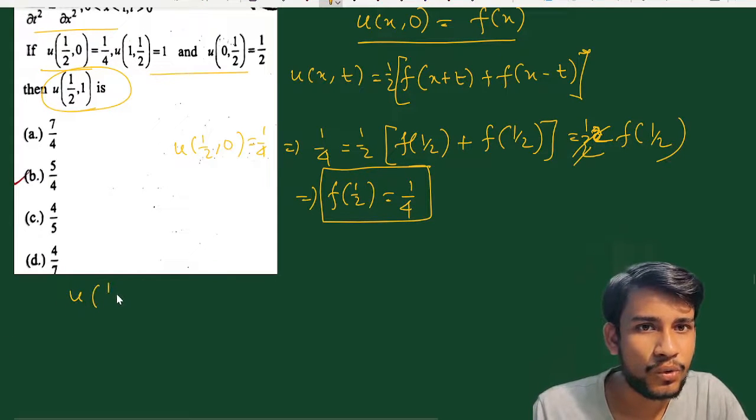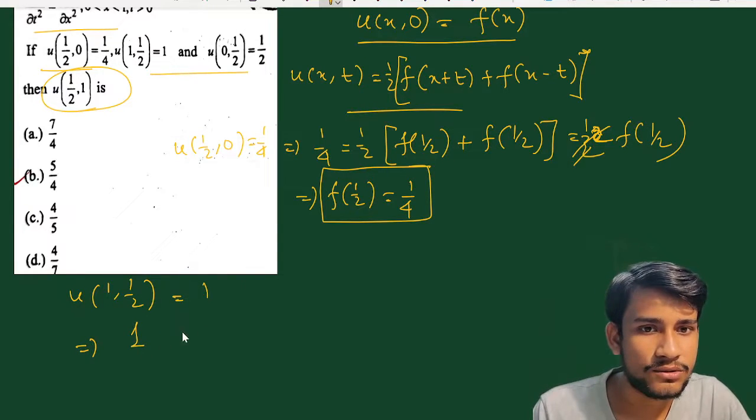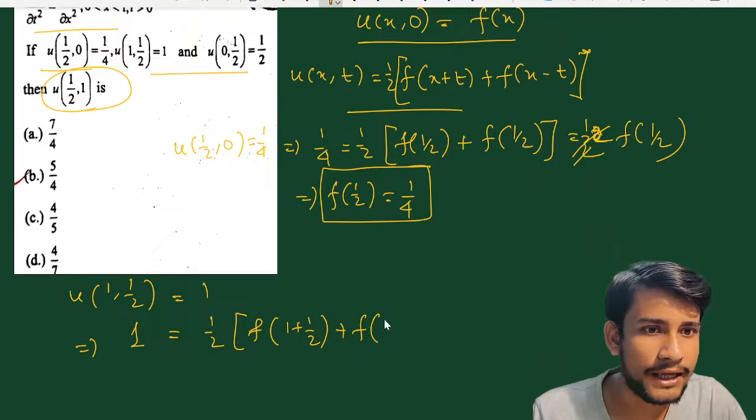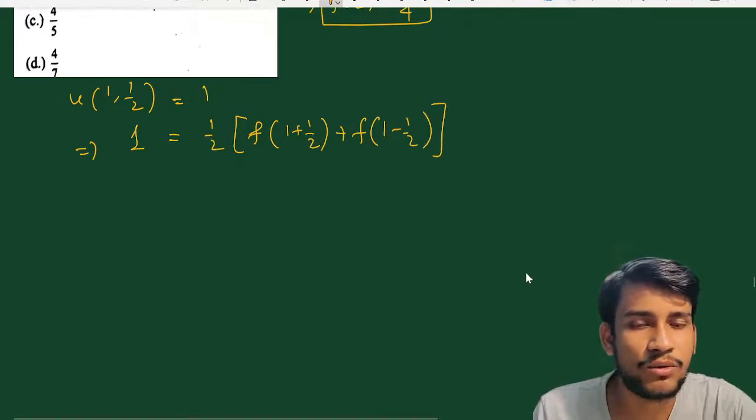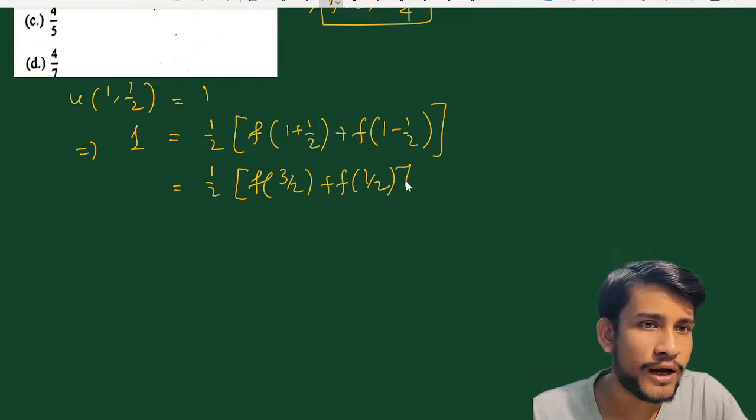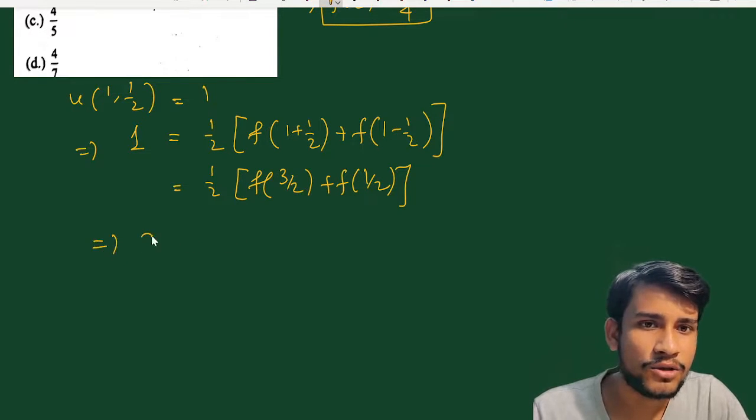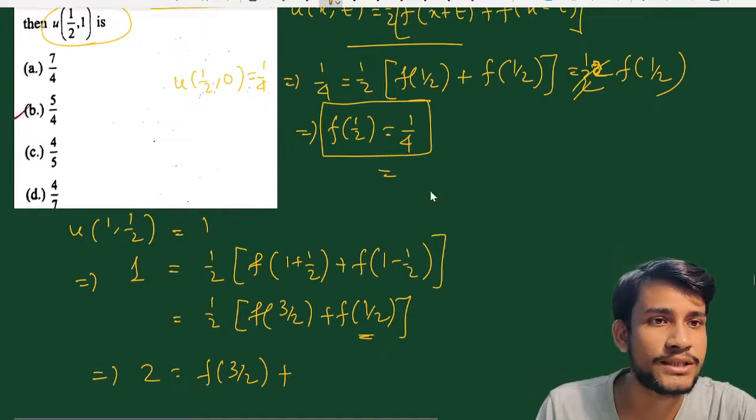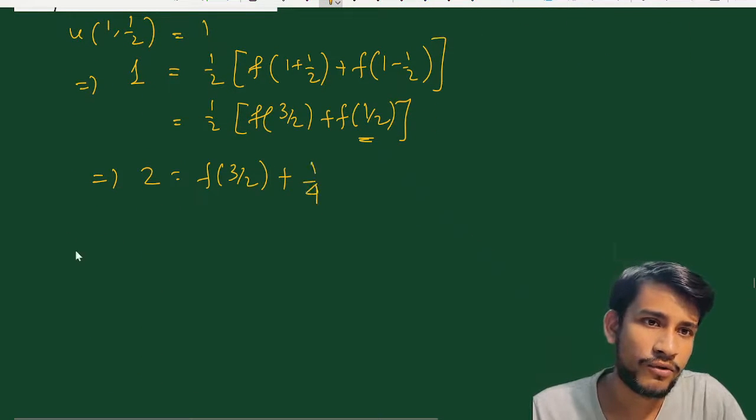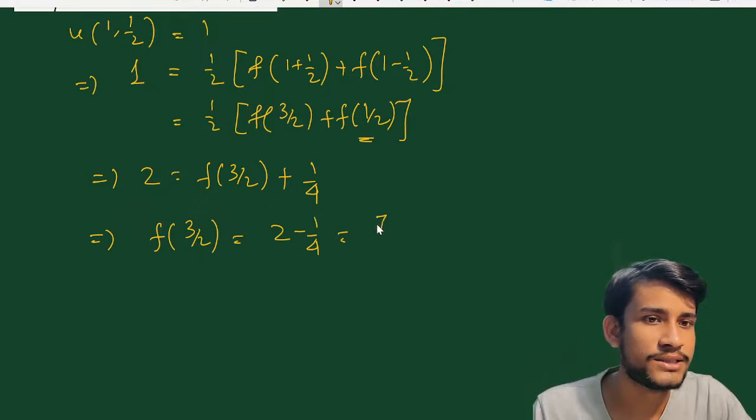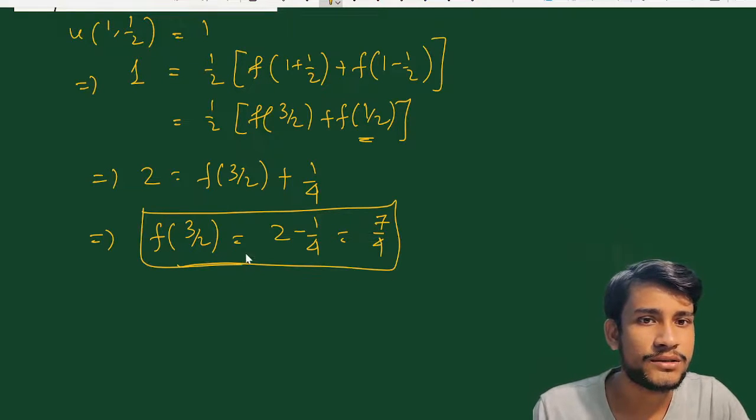नाउ नेक्स्ट जो कंडीशन गिवन है u(1, 1/2) this is equal to 1, so this implies we just put the value here, so this is equal to 1 equal to half into f(1 + 1/2) plus f(1 - 1/2), clear। so this is equal to half into f(3/2) plus f(1/2), ठीक है। so this implies 2 equal to f(3/2) plus f(1/2), the value of f(1/2) will be 1/4, we just calculate this, so plus 1/4, that means f(3/2) this is equal to 2 minus 1/4 and this is equal to 7/4, clearly clear, this will be get this।